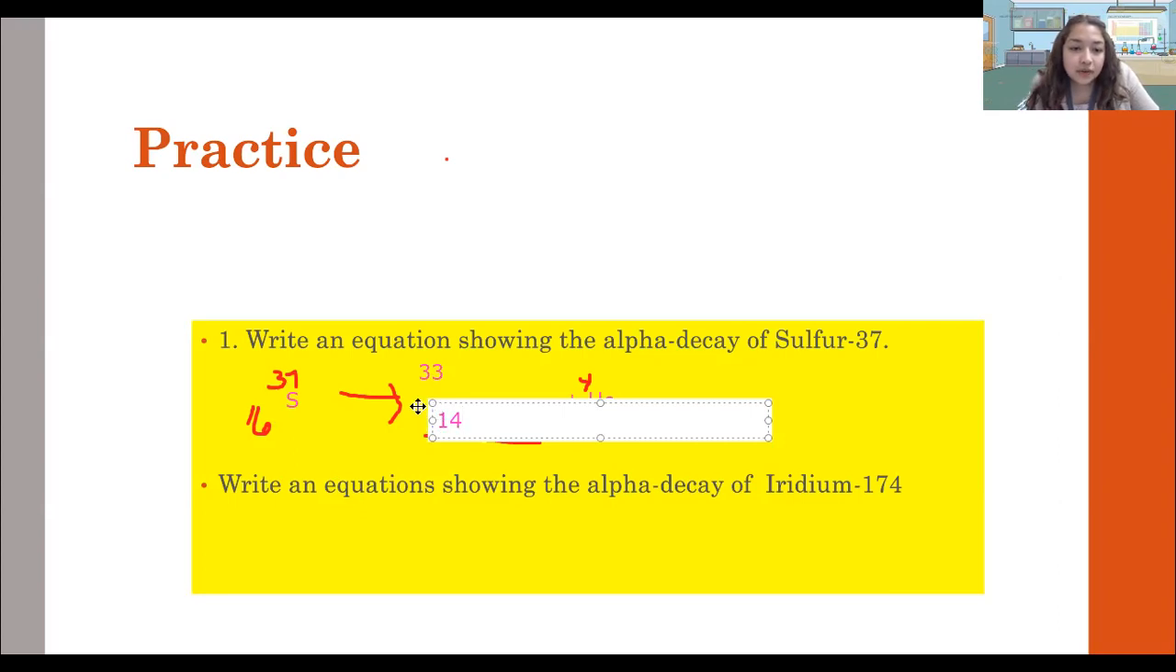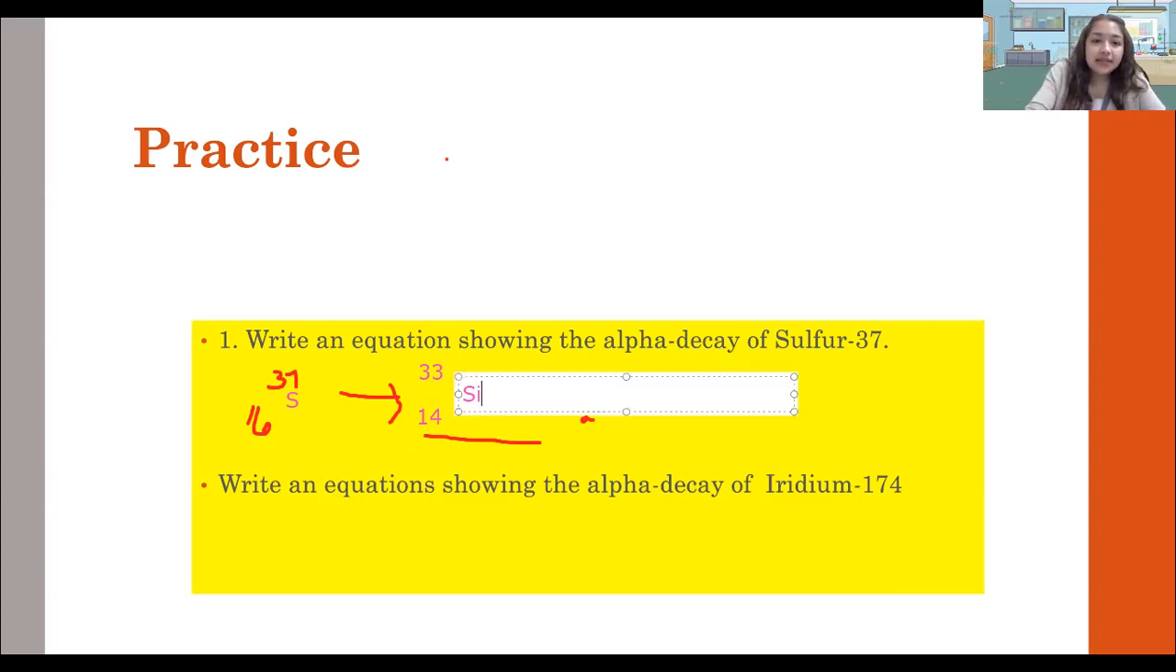So once we figure out the number of protons, which was 14, we're going to look at the periodic table. Mine's over here. So number 14 is silicon. So my symbol is Si. And that is it. That is our finished equation. And we can do the next one as well,